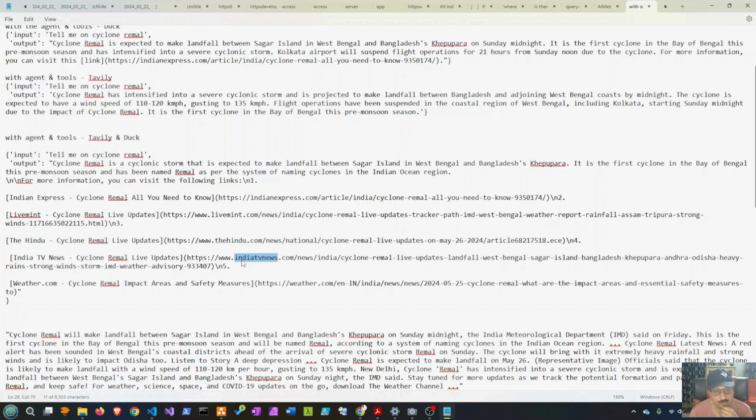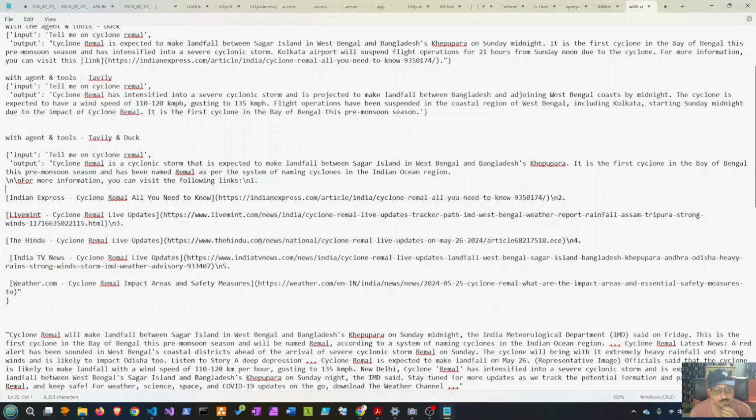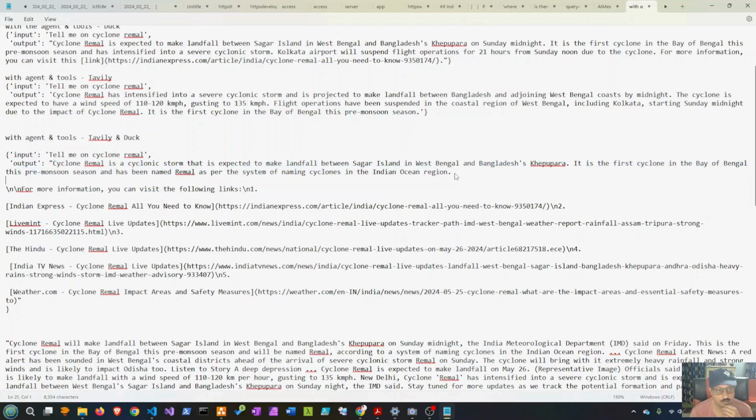Okay, and also the weather.com link. So many links have been provided to it, and it is getting the information out of the LLM. So the LLM is giving us the answer. This is the answer of the LLM. This particular section combines both the Tavily and the DuckDuckGo search, used as a tool for the